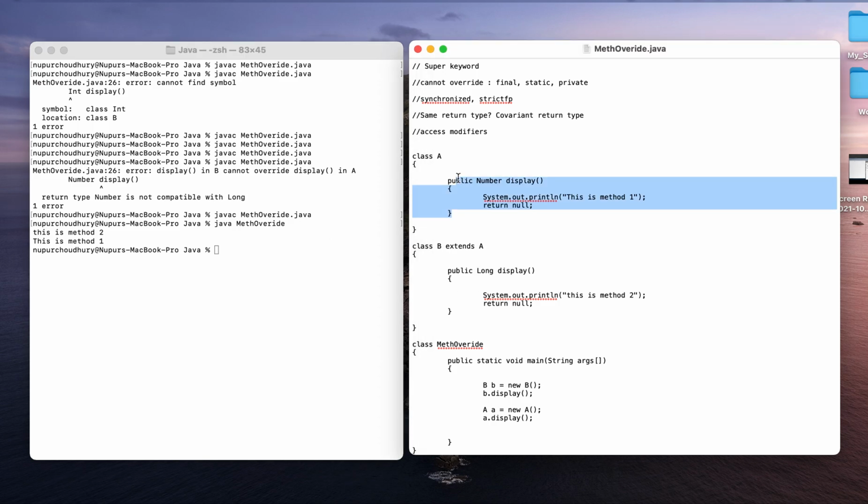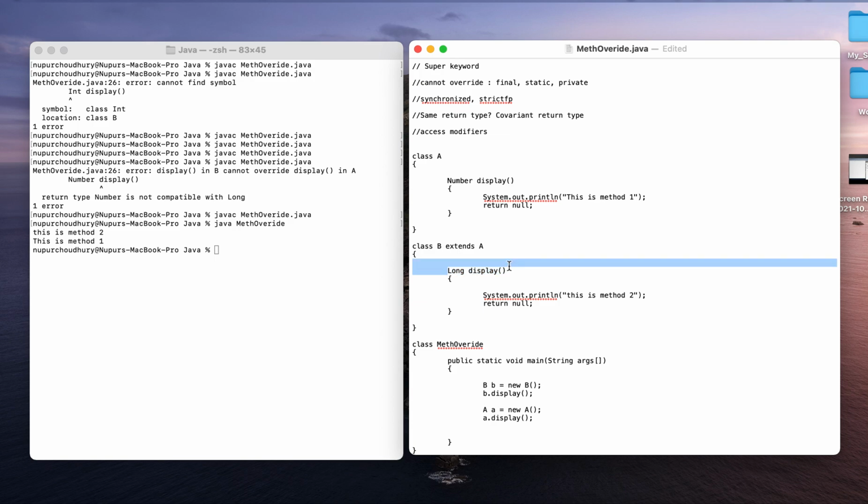Now what I'll do is I'll simply remove this. Now what is the access modifier in this particular method? It is default, and the access modifier in this method is also default. Now if I am supposed to consider method overriding or make this program work, then I cannot introduce an access modifier here which has smaller scope than the access modifier which is present here.